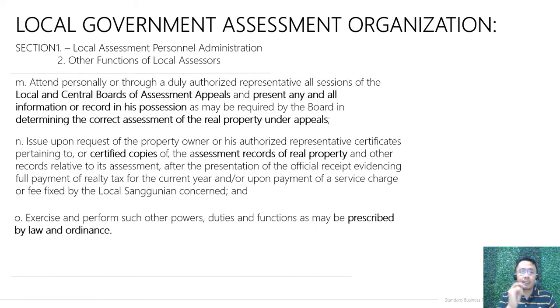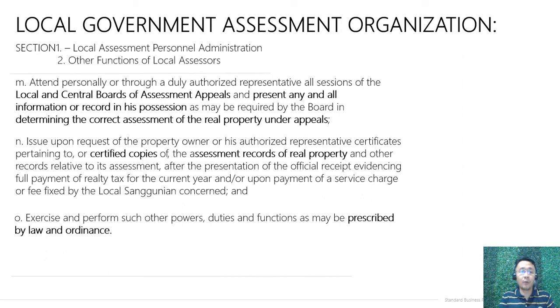And the local assessor shall also attend personally or through a duly authorized representative all the sessions of the local and central boards of assessment appeals and present any and all information or records in his possession as may be required by the board in determining the correct assessment of the real property under appeal, and also issue upon request of the property owner or his authorized representative certificates pertaining to, or certified copies of, the assessment records of the real property, and other records relative to its assessment after the presentation of the official receipt